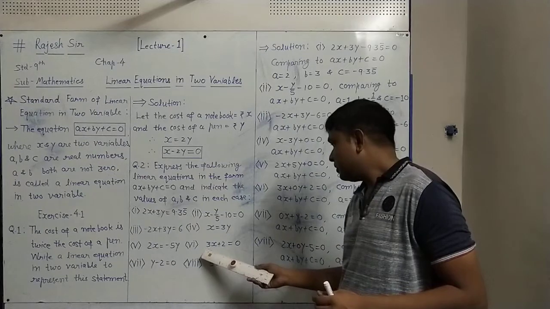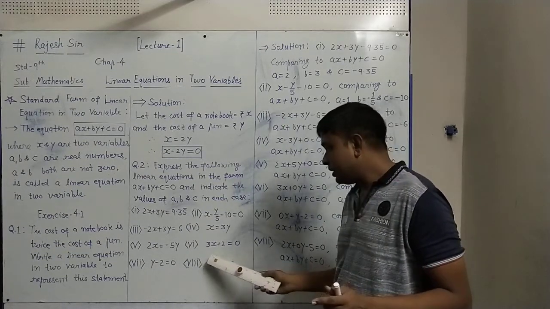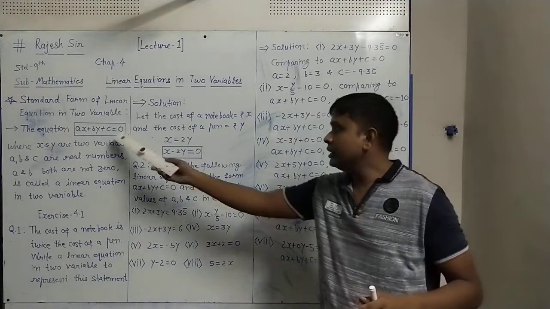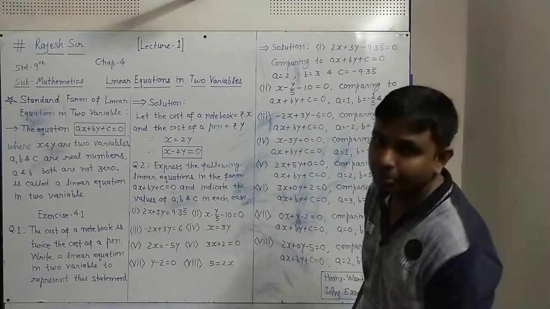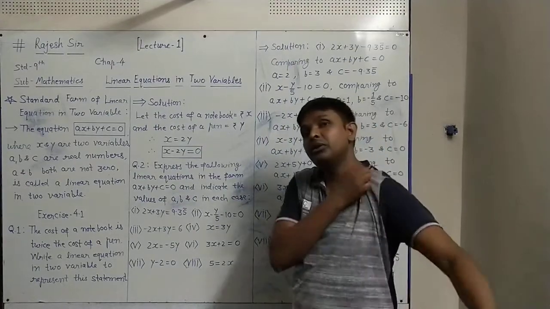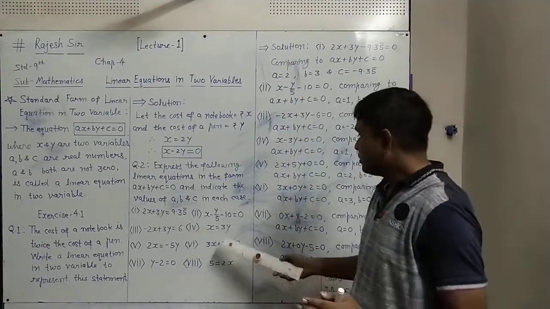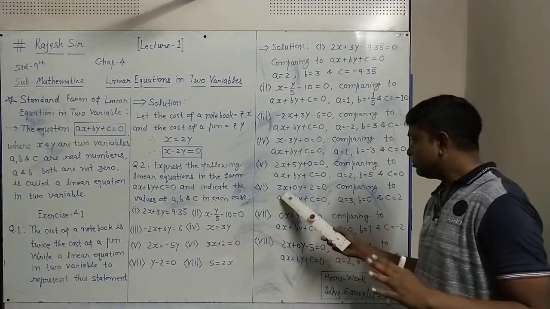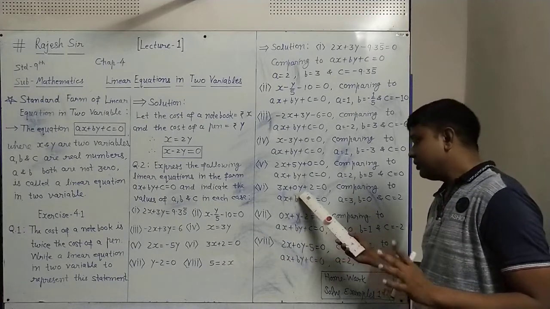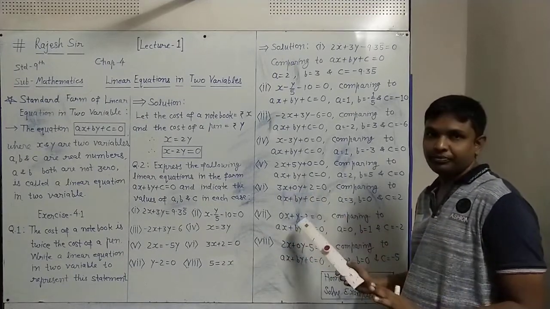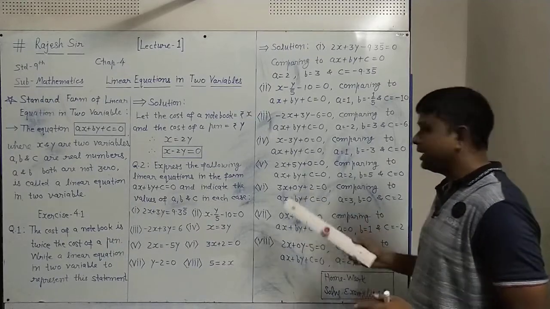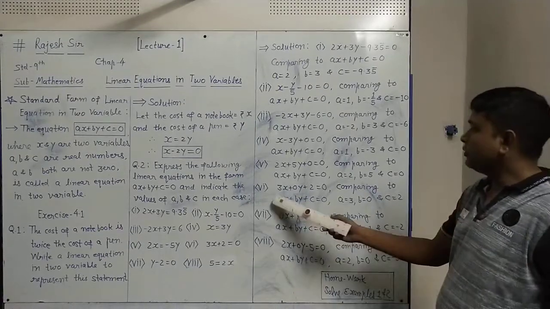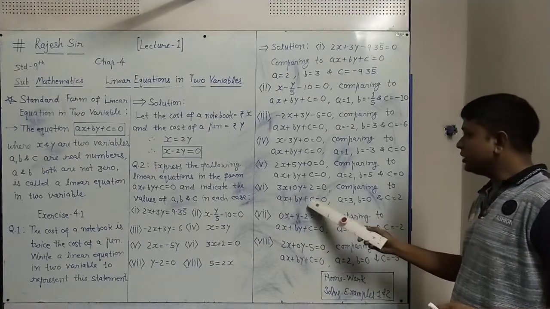Sixth number, 3x plus 2 equal to 0. X term is there, y term is missing here. So as I told, if any term on the left side, 3 terms should be. If any term is missing, that we have to write putting 0. So 0y you can place here, sixth term. 3x as it is plus y term is not given, so 0y plus 2 as it is equal to 0. Y term was not given, so 0y that way we have to place. Now comparing to ax plus by plus c equal to 0, a equal to 3, b equal to 0, c equal to 2.